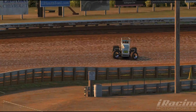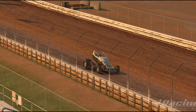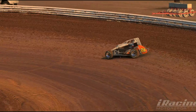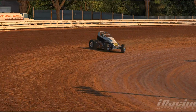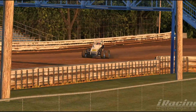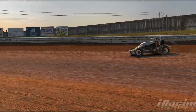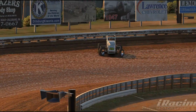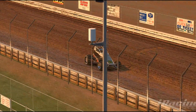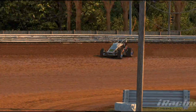And I know some of this stuff that we've learned here is being transferred to the street stock. I don't know if any's being transferred to the late model, but I think there's also some stuff we can learn and put on the wing car too, as far as the chassis flex and the tire model. So definitely, it's just an excellent car now. I think people are really going to enjoy this. I hope they are. I mean, I have no stake in the game, so if it sucks for everybody, then